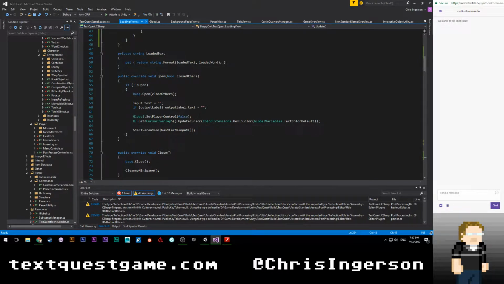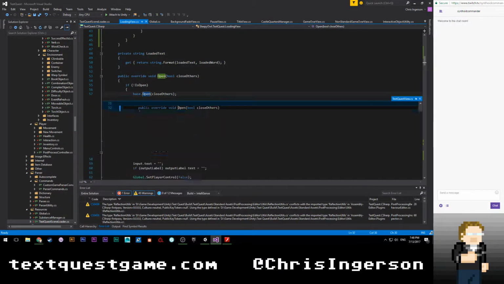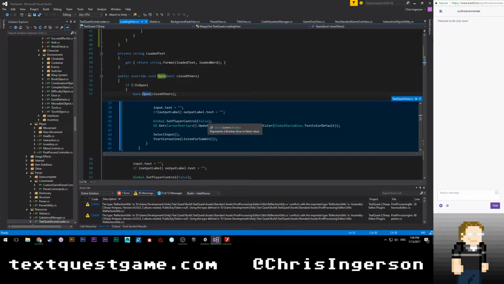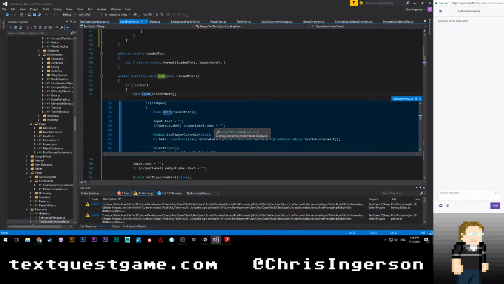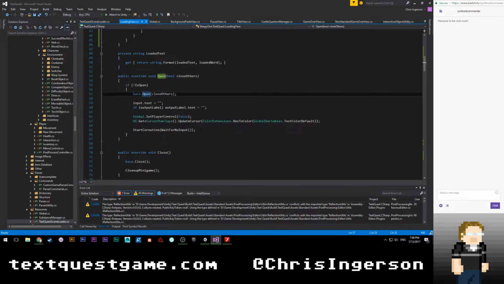Okay, whatever. Let's go to base.open, peek definition. Input.text is blah, blah. Select input. There we go. Okay. So it's going to select our input, which is not super great.